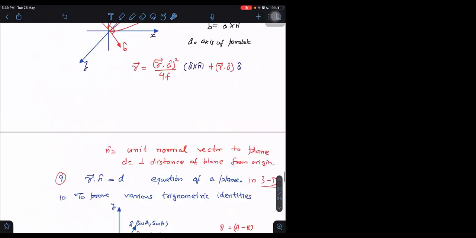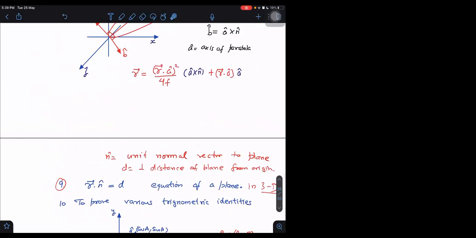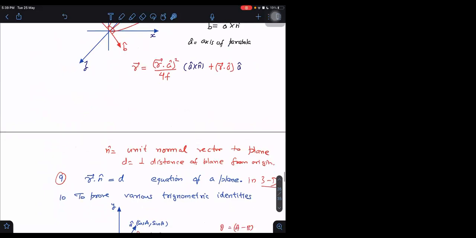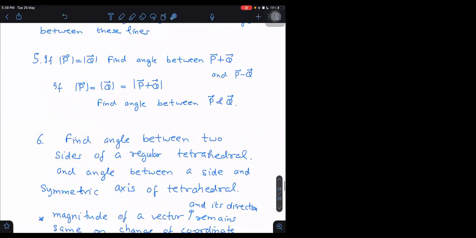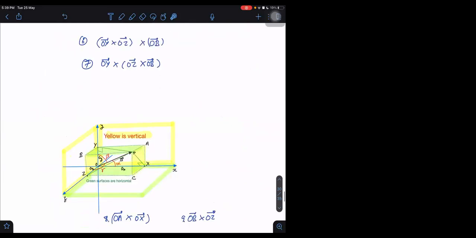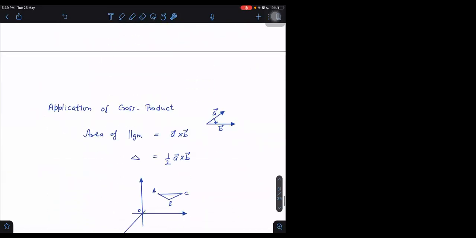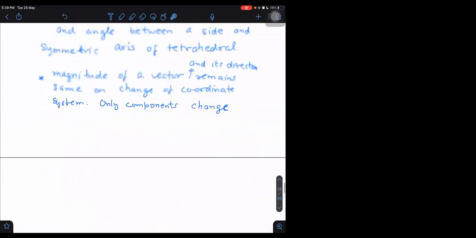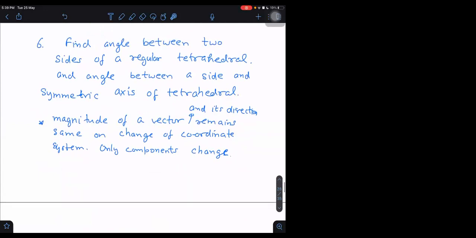but at least do the questions from the assignment which was given to you last week. You have not done the vectors questions from that assignment. Do those. Okay, I'm ending this class now. Please do those. That work you definitely have to do. You will not understand otherwise what I'm teaching here, and this class will not be helpful if you don't do the work yourself also. Okay, will you do?